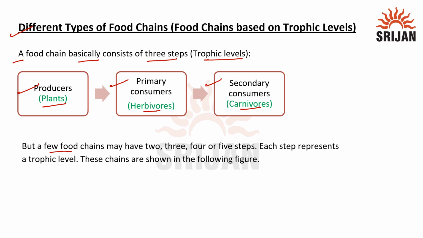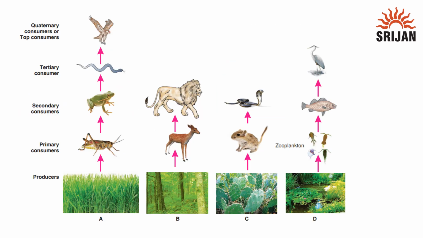But a few food chains may have 2, 3, 4, or even 5 steps, and each step represents a trophic level. Hence we can have different types of food chains having different numbers of trophic levels. These chains are shown in the following figure. So in this image we can observe there are four types of food chains here, that is A, B, C